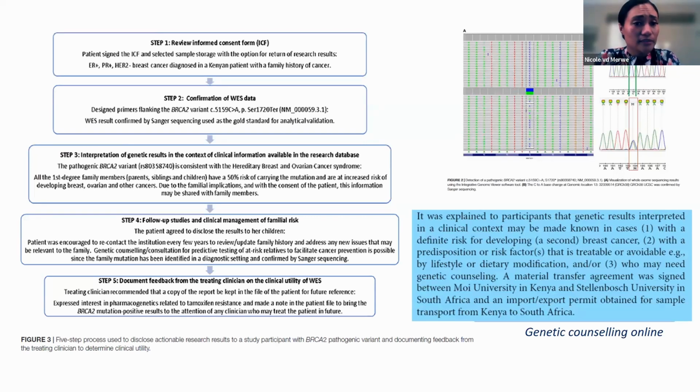Did the patient select sample storage with the option for return of results? And then confirmation of WES results. One patient was found to possess a pathogenic BRCA2 mutation, which was then confirmed with Sanger sequencing as the gold standard by a diagnostic laboratory, followed by interpretation of genetic results in the context of the clinical information available